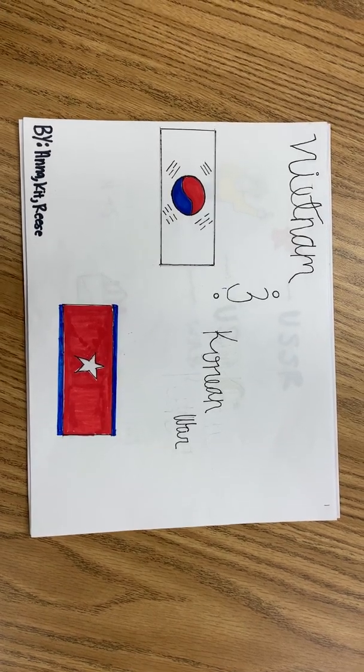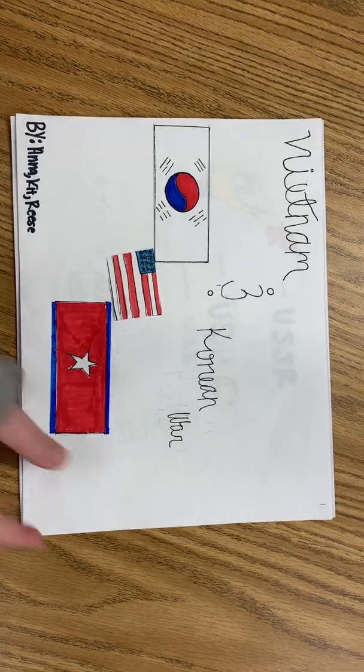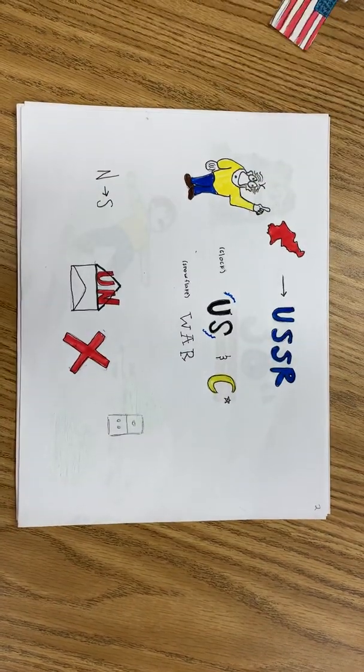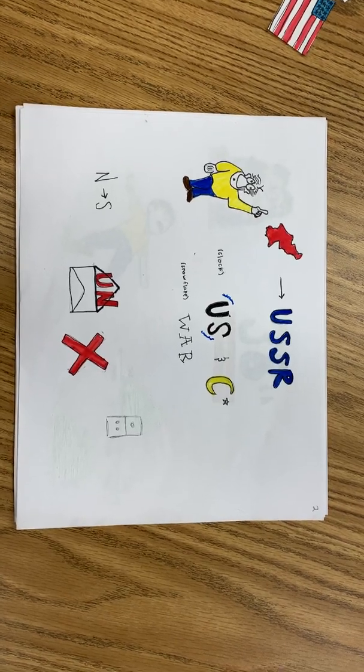This is a slideshow on the Vietnam/South Korean War and U.S. involvement by Anna, Reese, and Kit. After World War II, Japan was forced to give up land in Korea. Some of the northern land was given to the USSR and some of the southern parts were given to the